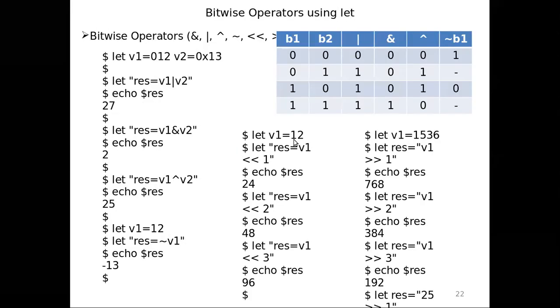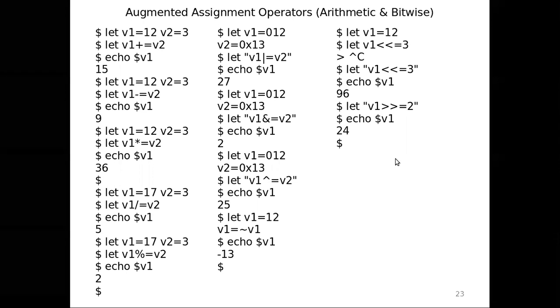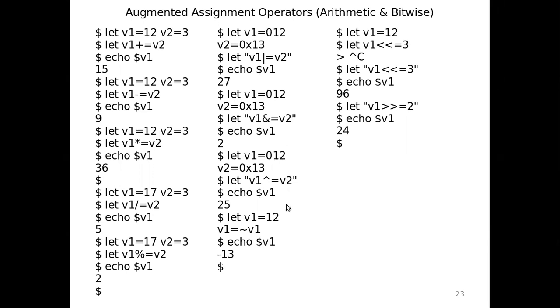Now let us check in the slides whether we have missed anything. So bitwise also we can do. Okay, so this is the augmented arithmetic we have done in this column. And in this column, of course, you can assign the octal number or hexadecimal number and all. So you can explore with these values and try to check the answers. Of course, first try manually to work out what the answer is supposed to be. Then you can try it.